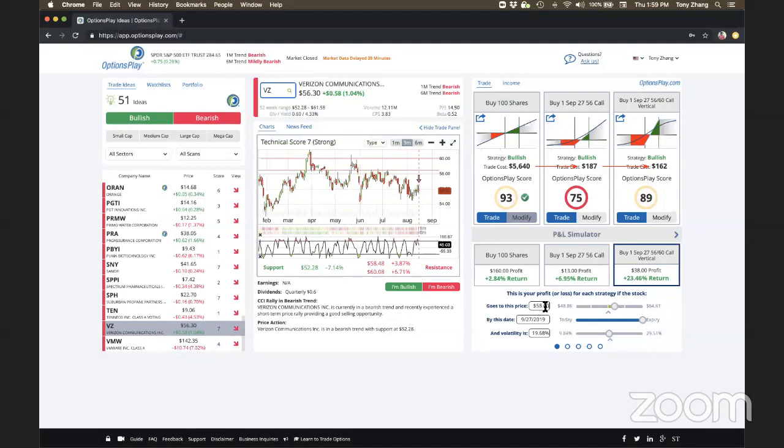I will plug in some outlooks and see that, sometimes if I think the stock's going to go up to 58 bucks and I'm only going to make a 23% return, I'm going to walk away from this trade. And the thing is that you won't be able to know how good the potential return of a trade is until you set it up and put it on using a P&L simulator, because we created this tool so that you can figure these things out before you get into a trade, not after,